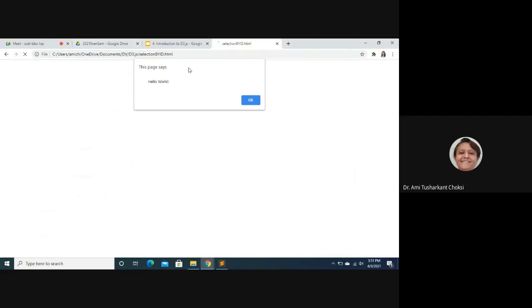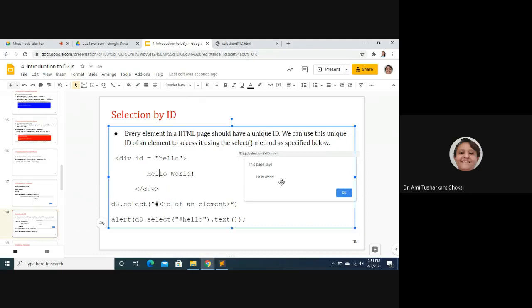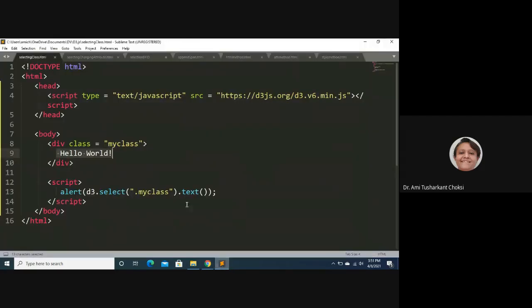So you can see that we are able to see the hello world. Okay, then we are able to see the hello world. You can see, ma'am, it seems the same. Okay, let me change this hello world to hello world by ID. So let me have this text in our real code, that is this one, fine. Okay, by ID. So you can see the difference, isn't it? This is our class. Okay, by class.